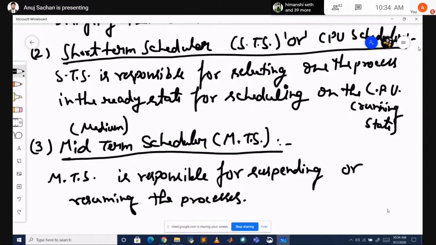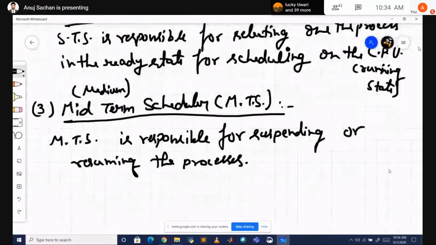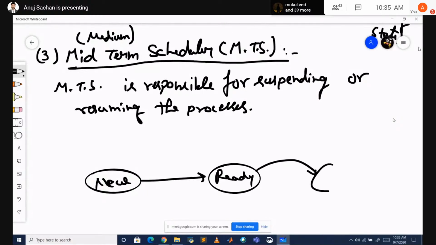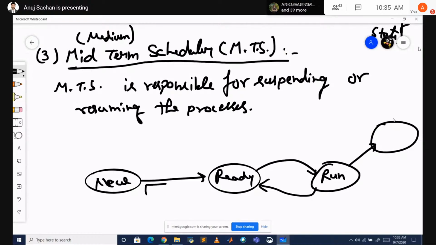लिख लिया है आपने? देखो, डायग्राम बनाया था ना, प्रोसेस स्टेट डायग्राम। क्या बनाया था? न्यू स्टेट, फिर रेडी स्टेट, फिर रनिंग स्टेट, उसके बाद टर्मिनेट। लॉन्ग टर्म शेड्यूलर आपका यहाँ पे होता है, अगर प्रोसेस क्रिएशन होता है और प्रोसेस को मेन मेमोरी में लाने के लिए। दूसरा होता है शॉर्ट टर्म शेड्यूलर। शॉर्ट टर्म शेड्यूलर आपका रेडी स्टेट में होता है, प्रोसेस को रनिंग स्टेट में शेड्यूल करने के लिए।